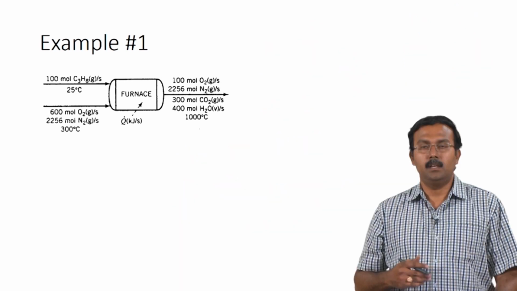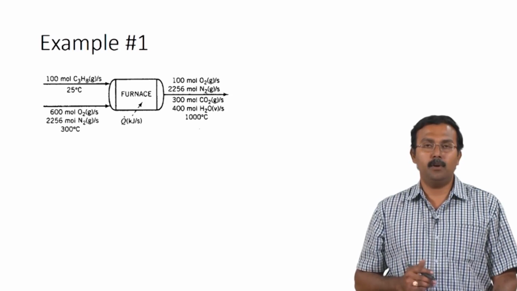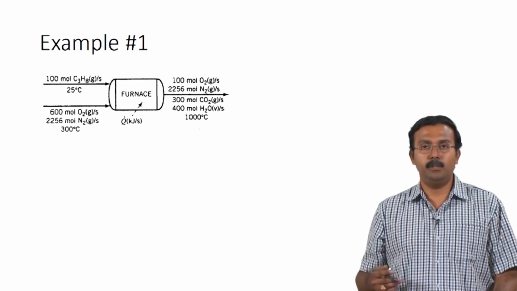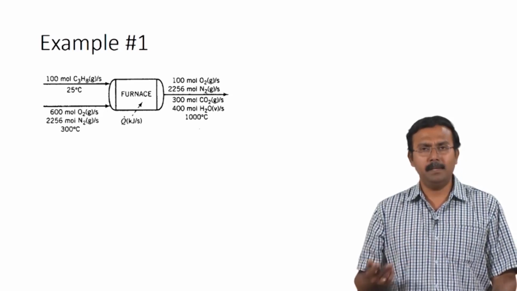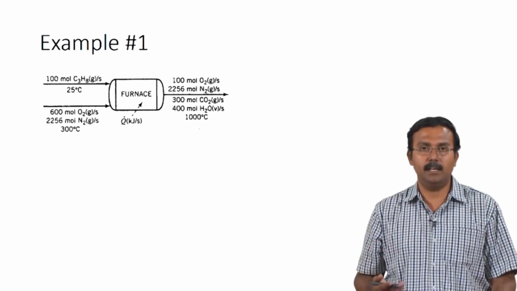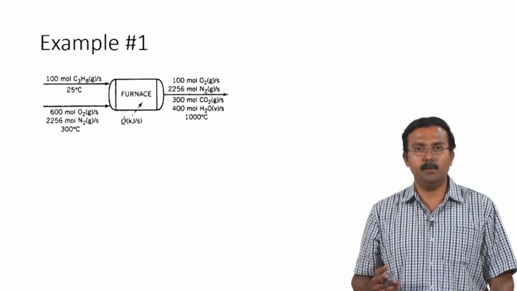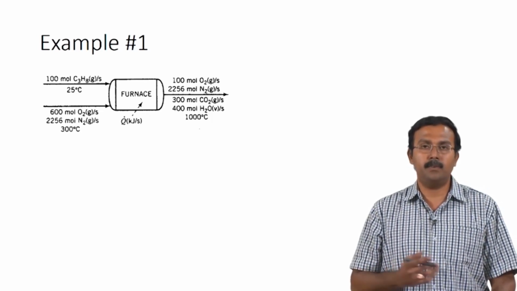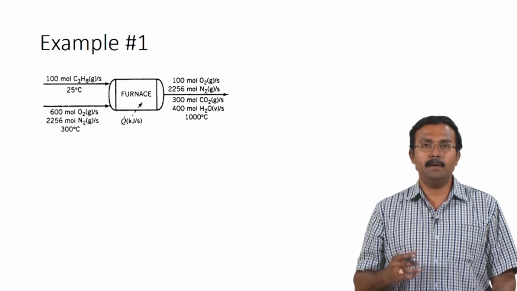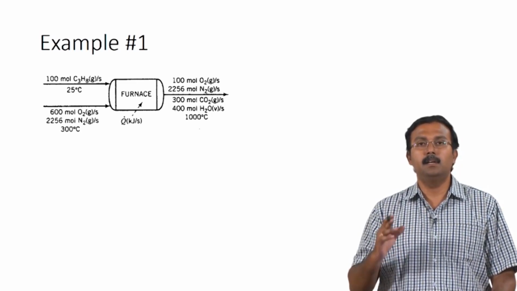problem. Now, let us look at the heat of formation method. So, in the heat of formation method, we would prefer to use it when you have multiple reactions or when you have a reaction where the heat of reaction is not readily available. So, we will see how a heat of formation method can be used and how it will be different from the heat of reaction. So, the fundamental difference, as I had already mentioned, would be associated with the reference state